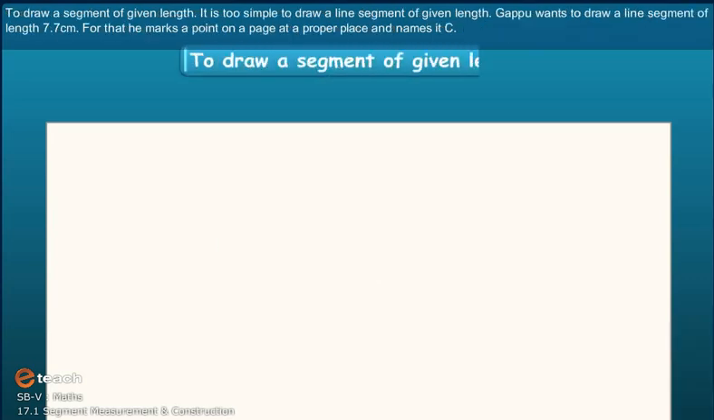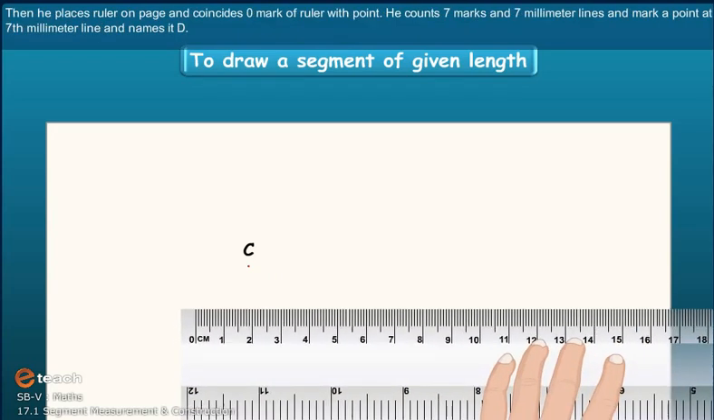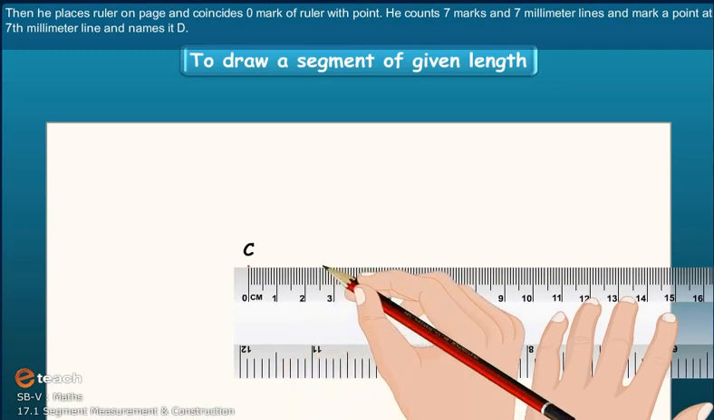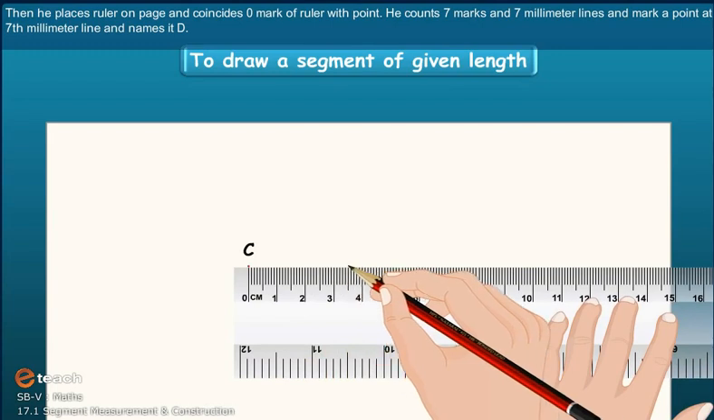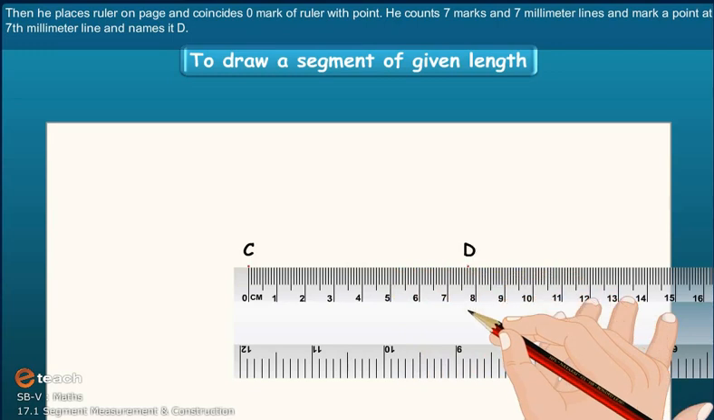To draw a segment of given length, it is too simple to draw a line segment of given length. Gappu wants to draw a line segment of length 7.7 cm. For that, he marks a point on a page at a proper place and names it as C. Then he places ruler on page and coincides 0 mark of ruler with point C. He counts 7 marks and 7 millimeter lines and marks a point at 7th millimeter line and names it as